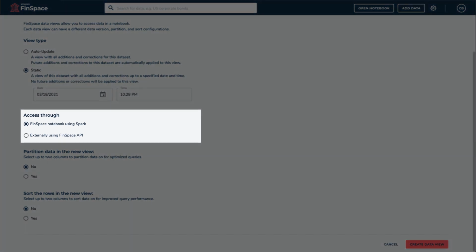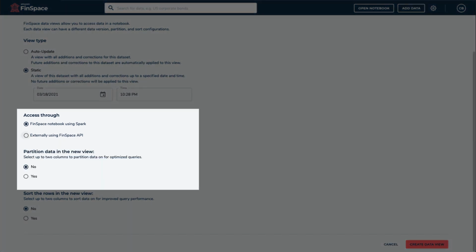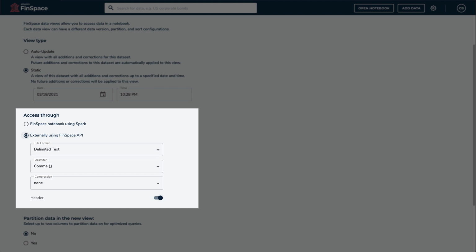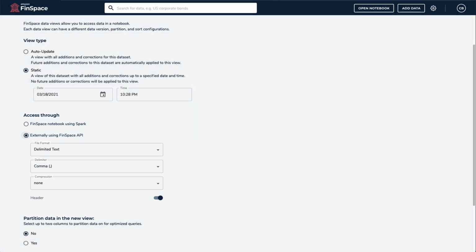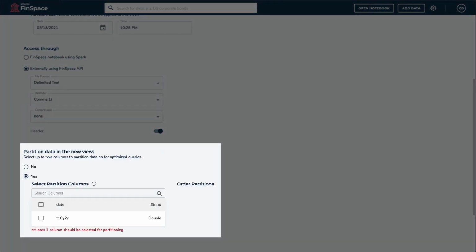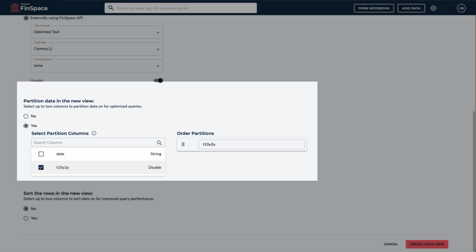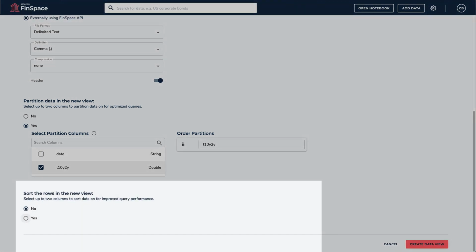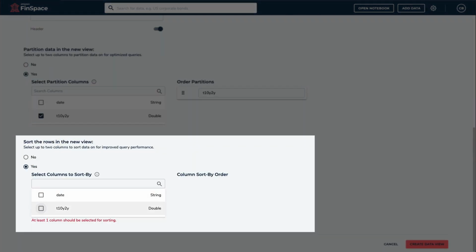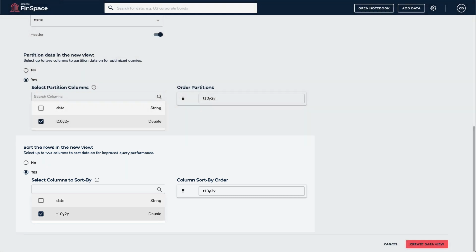You can determine if the view is meant to be used in the notebook directly, or if it will be available through an API to any consumer. You can partition out specific columns of the data. That doesn't make much sense here, but for data with many columns, you can choose the partition, which can improve performance for large datasets depending on how you query the data. You can also select if the data should be presented in a sorted order or not.